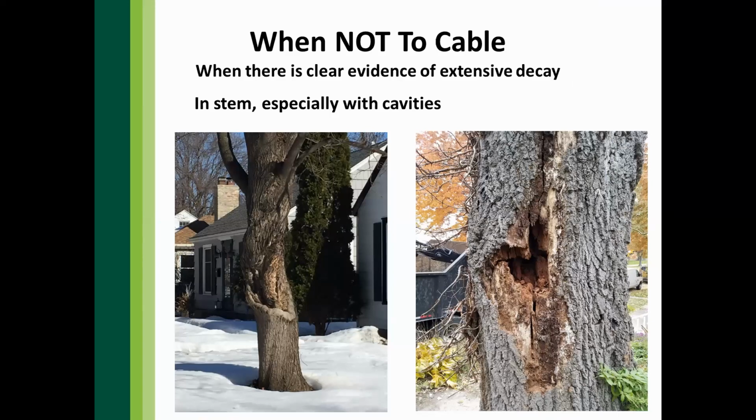That next one, okay, yeah. Or where you have clear evidence of decay in the stem, especially with cavities. That's on the left. I think that was a picture Courtney sent me of a Utah pelican, technically not a decay, but with a stem that's that compromised. Like a stem could be completely hollow but still have some structural integrity. But once you start getting cavities within that, then the cylinder is compromised,